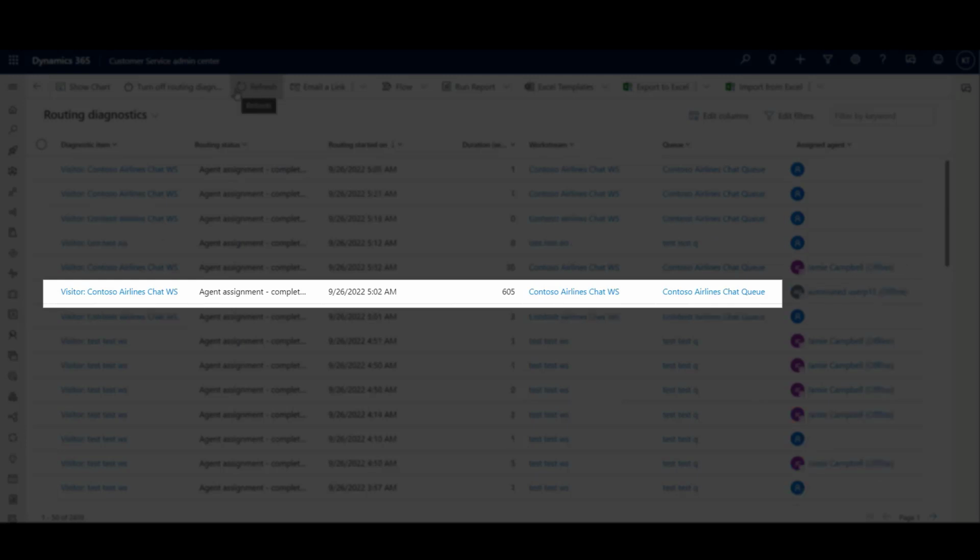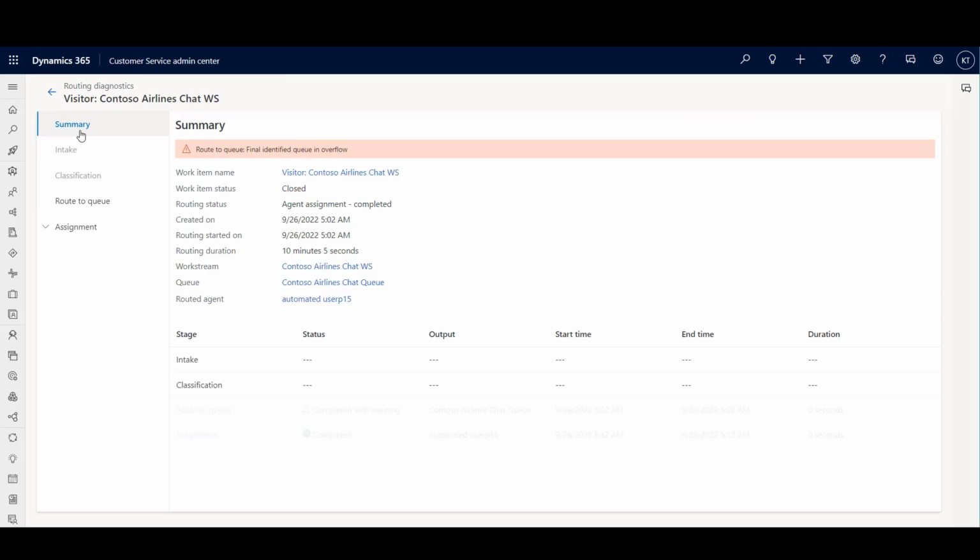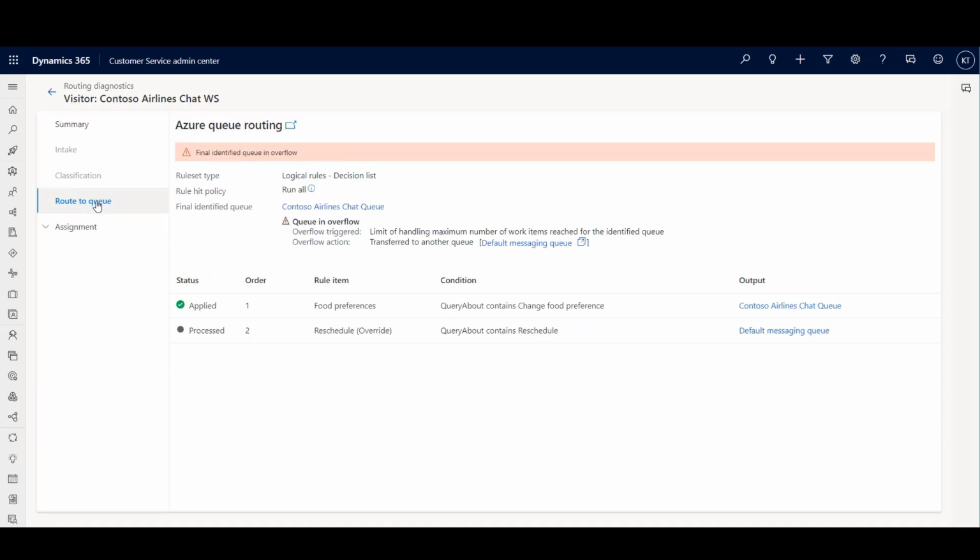Let's go through the diagnostics of the recently initiated chat request. If you could see, the request that was initiated by Sarah has been overflown to another queue because the identified queue had already reached the maximum number of work items that could be handled in that queue. This is happening